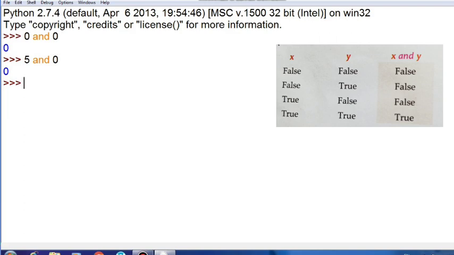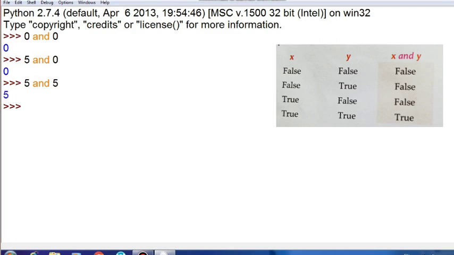So false is written because in the AND operator, if you want the answer to be returned positively, both the operands need to have the truth value true. Suppose I have written here 5 and 5, then only it will give you the answer 5, because the truth value of 5 is true, and the truth value of 5 is true. So true and true makes true.